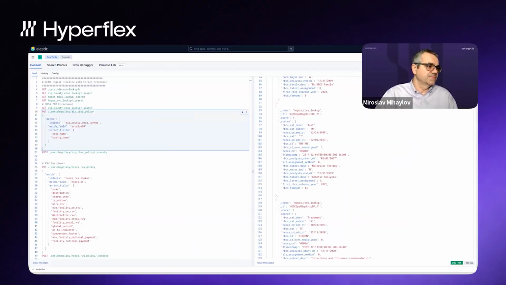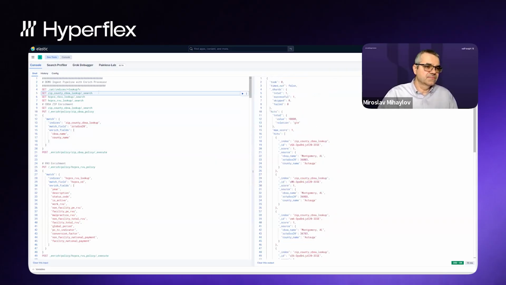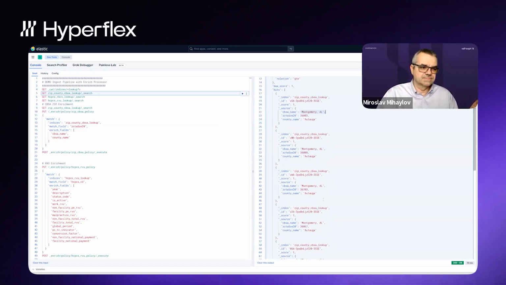The first is the three lookup indices. We're going to demonstrate how to enrich data with those three lookup indices. The three lookup indices are the CBSA, which for each zip code provides the county name and the CBSA name, which is the metropolitan area.